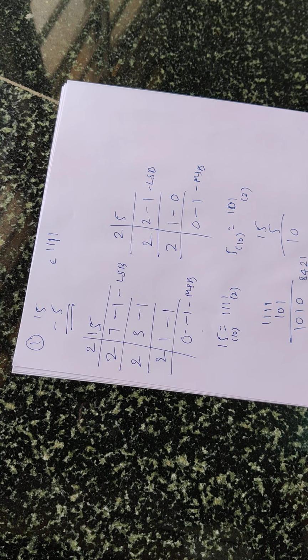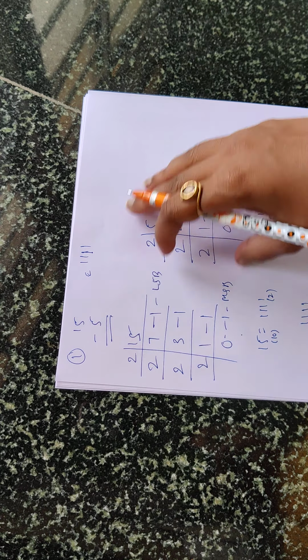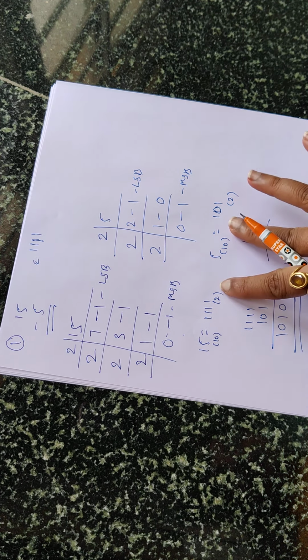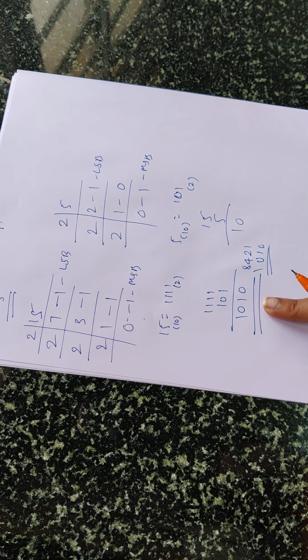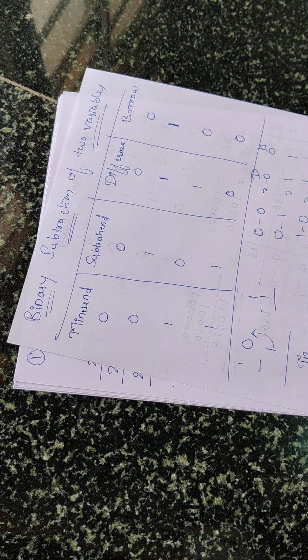Is it clear how to do binary subtraction? Take the given values. If those are not in binary format, convert them into binary, get the equivalent binary numbers, then do the subtraction. If you want, you can refer to the table. For the first two or three problems you may get confused, so at that time you can use the table, otherwise you can solve on your own.